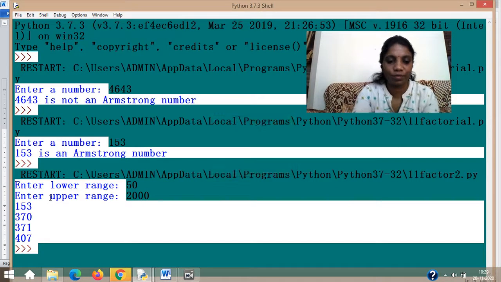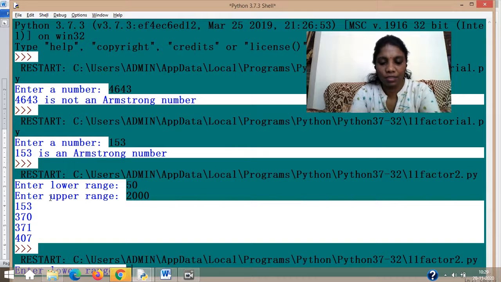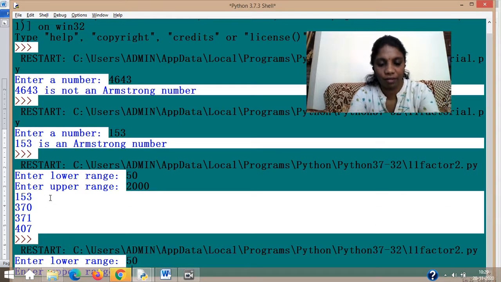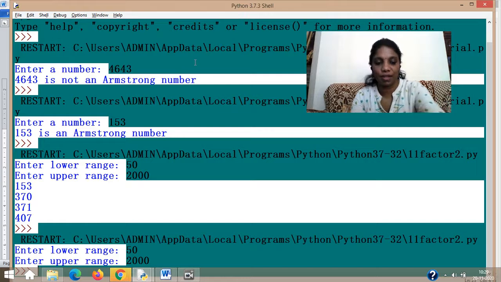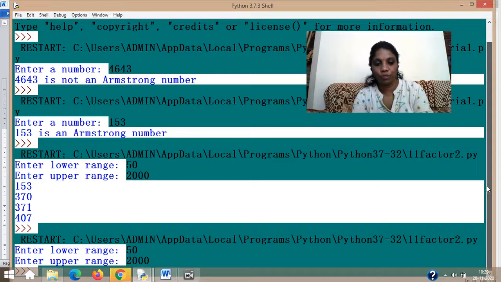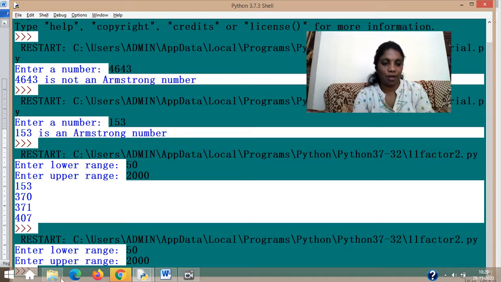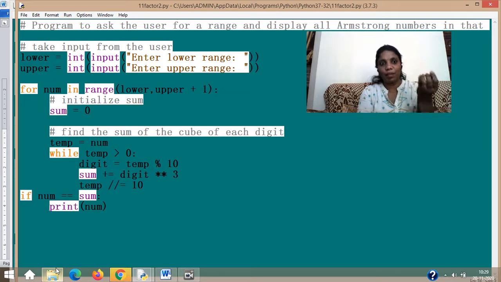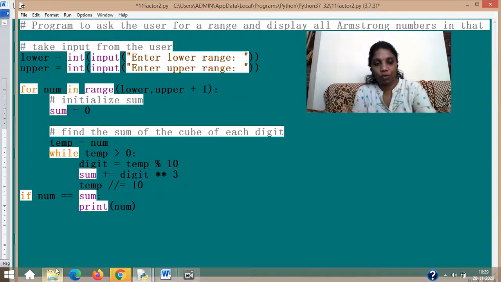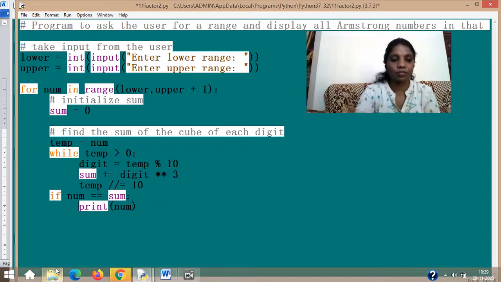Yes, now see, range is again 50 and then the other one is 2000. Can you see anything? Nothing is there. The answer is not displayed anything. I wanted to show you. You can see my last line. Nothing is displayed because it is outside. So outside means at the end what will happen, one last number will come, that will be 2000, and 2000 is not matching. So I have to put it back to the old style where I'm doing this.